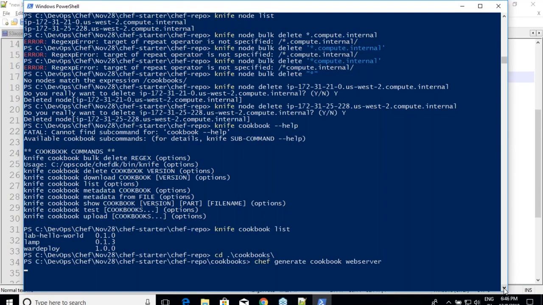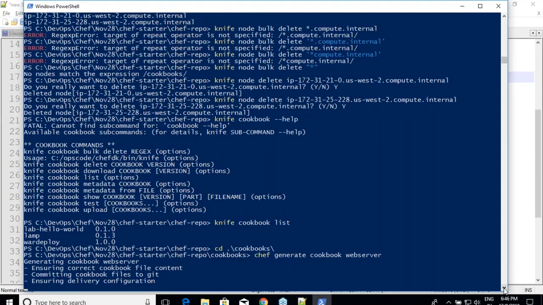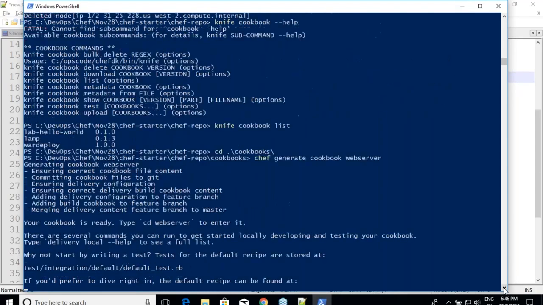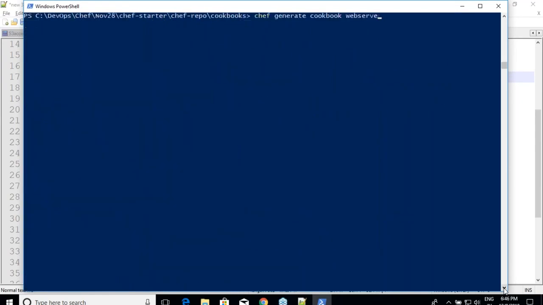And after that, I'll be creating one more cookbook called DB server. So I'm going with an environment where we have some dummy cookbooks called web server and DB server, and we'll have 2 environments, 2 or 3. You can make it 3 also. It will work anyway. All right. So I'm creating one more stuff which I call DB server. For now, they might not be functional because we are not writing any fancy stuff. I'll be executing very simple statements over there.